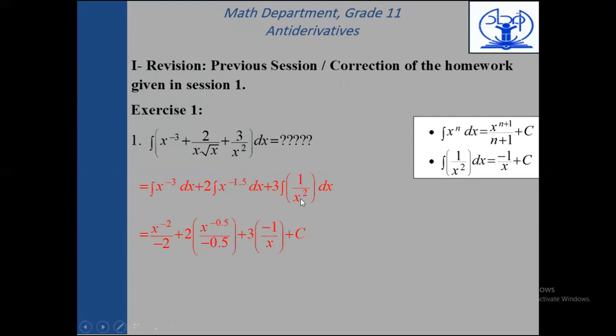Last one is 1 over x squared. By the way, this is a standard function. You can write the answer directly. Integral of 1 over x squared is minus 1 over x. If you forgot this, you can take x squared up. It will be x to the minus 2, matching x to the n. Then you add 1 and you divide, you will get the same answer. Now, this is the most simplified answer. Next,